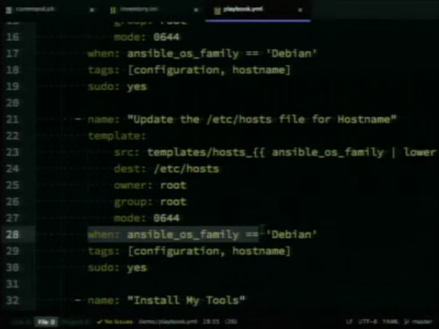This is the Ansible OS family, something that's provided to us, but still a variable that gets set. So if I have CentOS or Red Hat, I can create tasks that will only run on those instances. That means I don't have to segregate it out and have a million different files, make sure that I'm running the right one. Ansible will take care of that for you if you plan your tasks accordingly. I also have some tags on here. Those aren't covered in this talk, unfortunately, but it gives you some homework to do if this interests you.